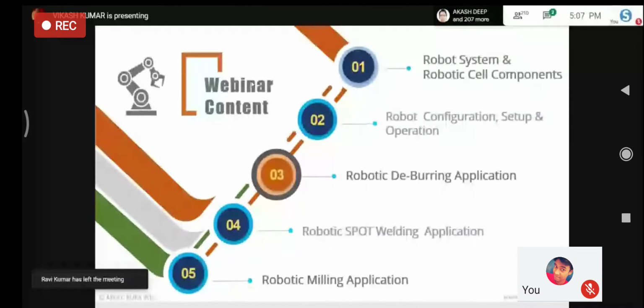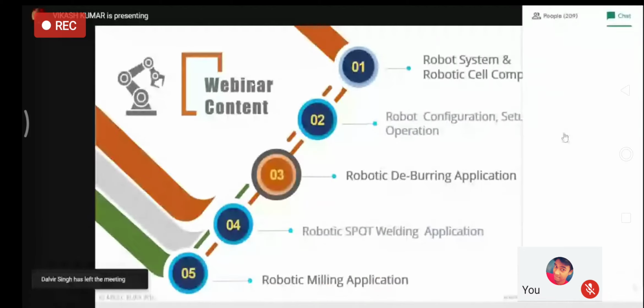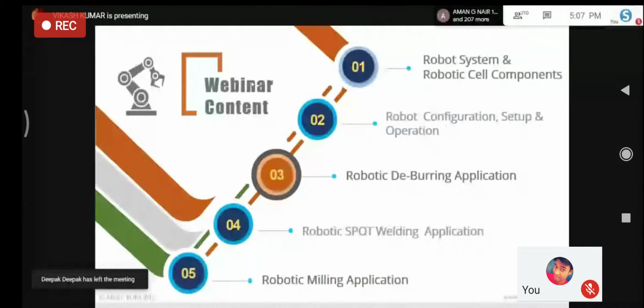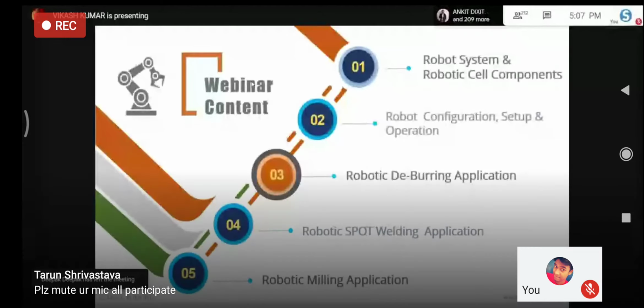After that, we will cover three most important as well as demanding applications in modern manufacturing: robotic deburring, robotic spot welding, and robotic milling process.